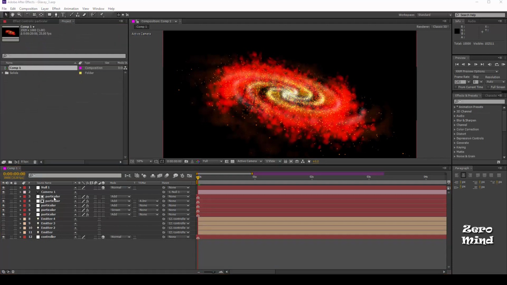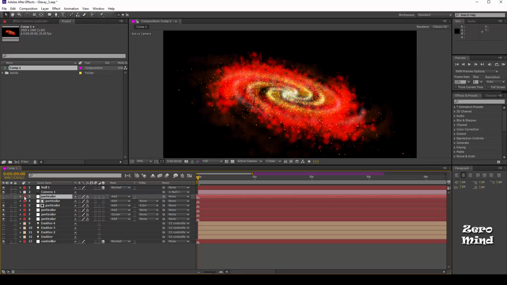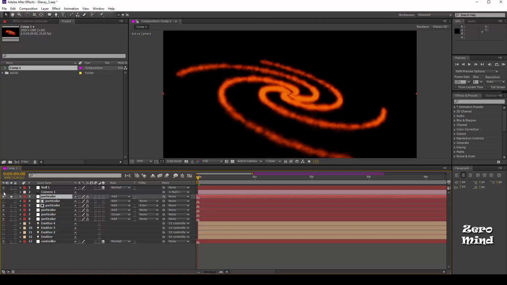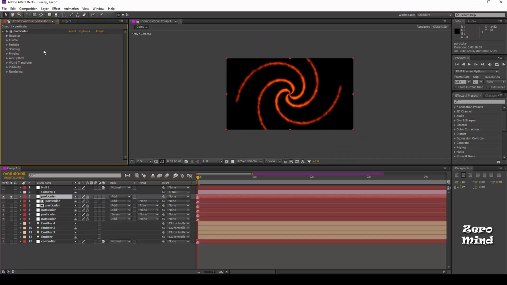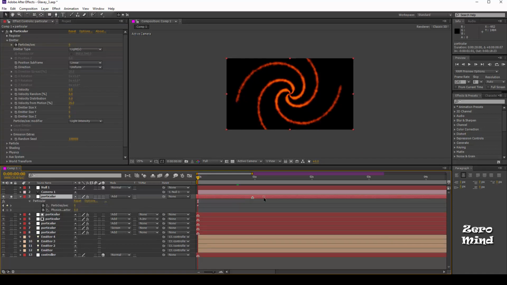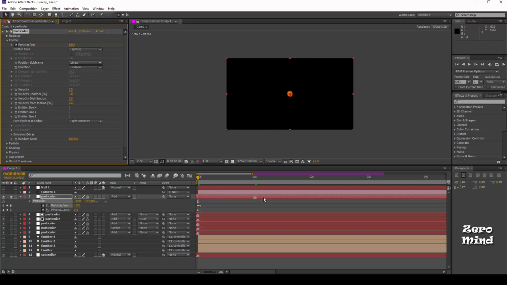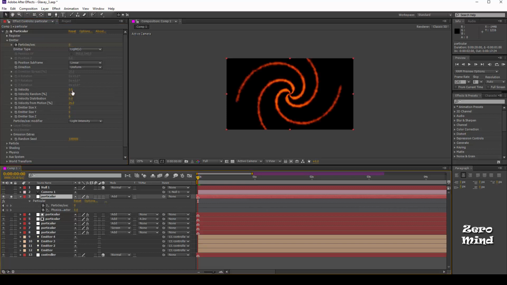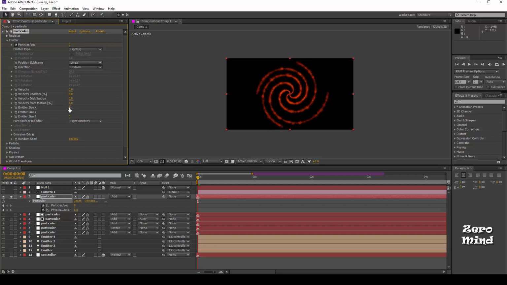Press Ctrl D to make a duplicate layer of the particle. Change the emitter size up to 1000. Velocity 0, velocity in motion also 0. Emitter size keep the value 25 in XYZ axis.